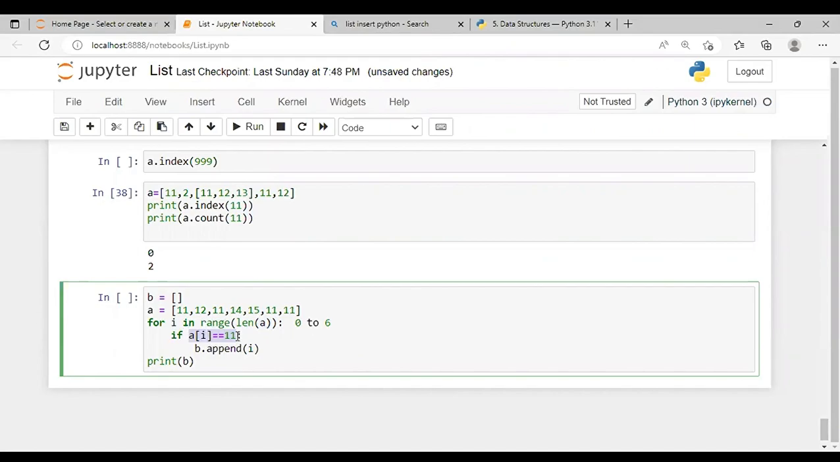Yes, it is. So we'll be appending i there. In b we'll be having 0. Again it will go, we'll check 12. This condition fails, right? It will take the next element, 11, right? And then